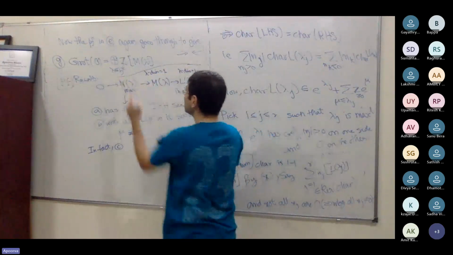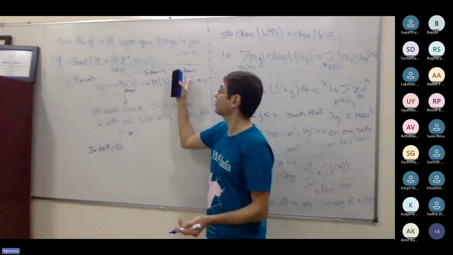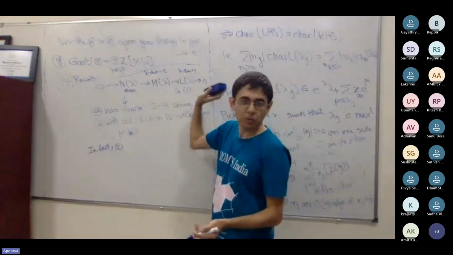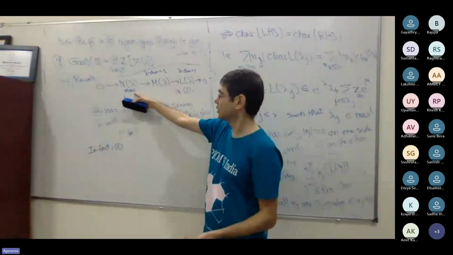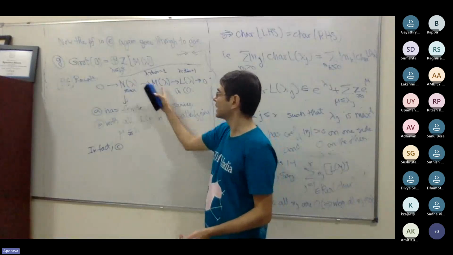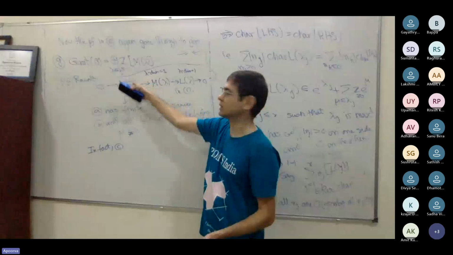Therefore, the lambda dimension here is 1 minus 1. The characters add up. So the character of this plus the character of this equals the character of the Verma module. Already the one-dimensional lambda weight space is accounted for, so the lambda dimension is 0. All the weights of all of these are less than or equal to lambda, which we knew, but it cannot be equal to lambda because the lambda dimension